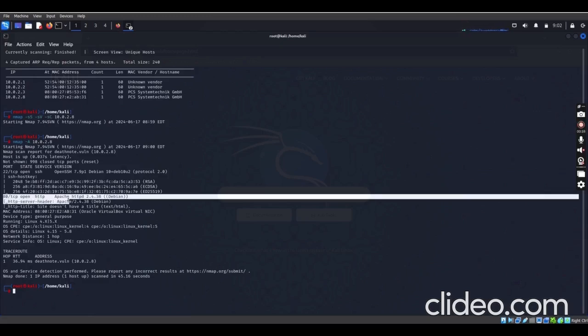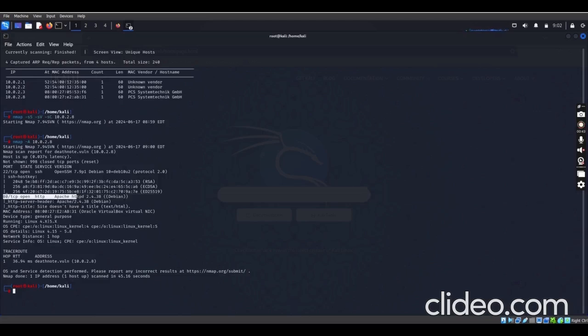It has a version of Apache HTTPD 2.4.38. This simply means that it runs on HTTP, and that means we can actually access it on port 80 using the browser. Looking at it, these are the two ports we can use to exploit and get into the system. But for the SSH, we will need a password and username, which we don't have. So I think we are left with port 80. Let's see what we can get from this.